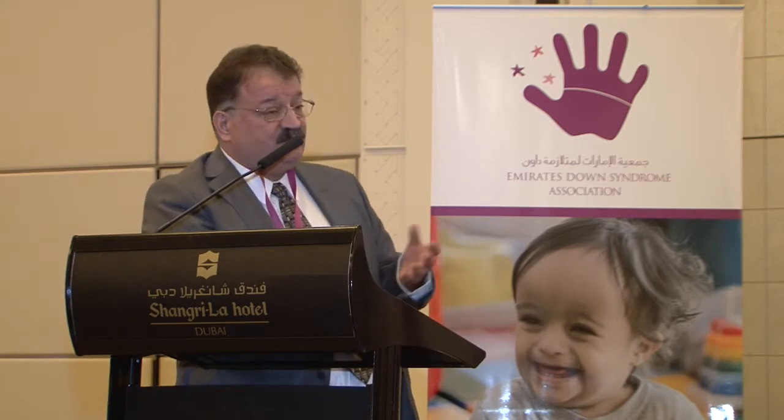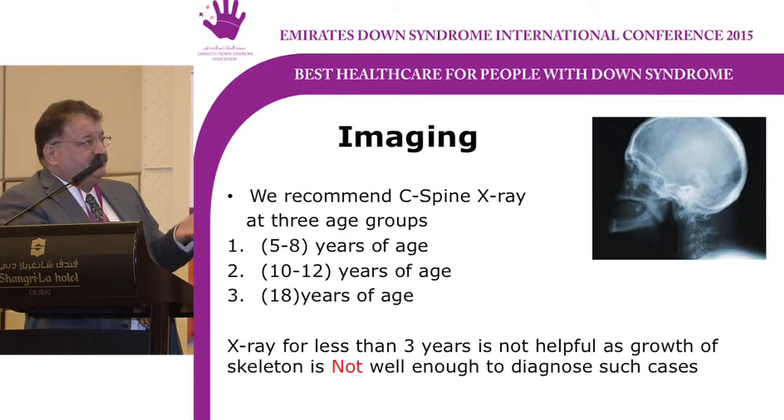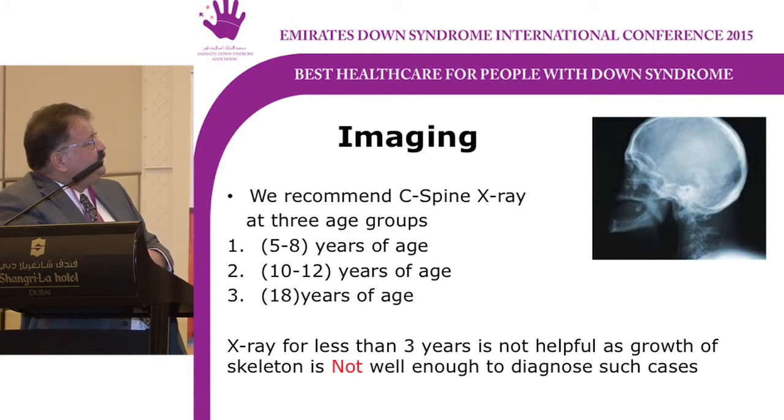The second age is between 10 and 11, which is a growing age at this time, especially for Down syndrome. Statistics show that this is the age which makes the real adolescence age for them, and 18 years after complete growth. And we want to see the difference among these